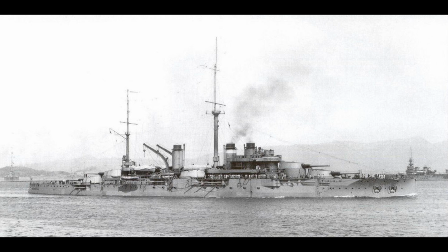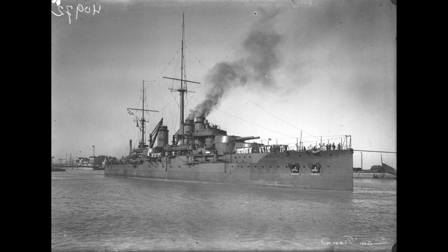A handful of anti-aircraft guns and 4 torpedo tubes, each with 3 torpedoes, completed the ship's loadout. The engines were designed to give the ships a speed of 21 knots, although in practice they proved to be slightly faster than this. In World War I, with the North Sea locked up by the Royal Navy, the French